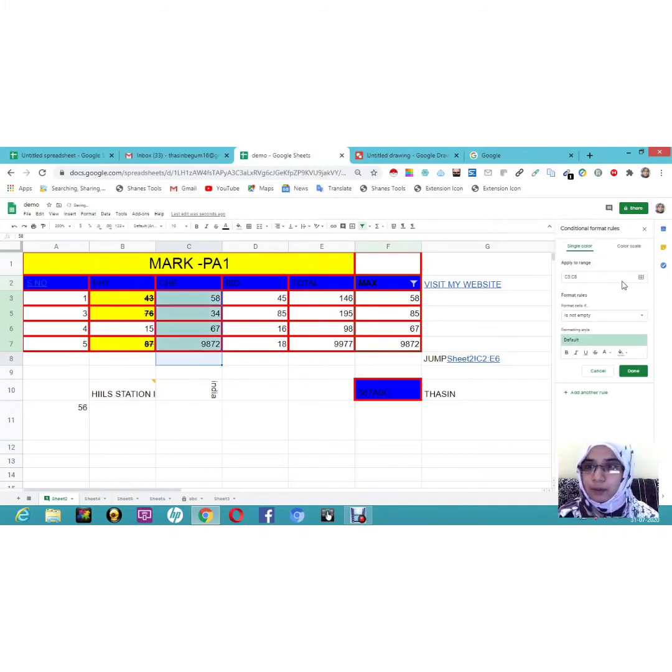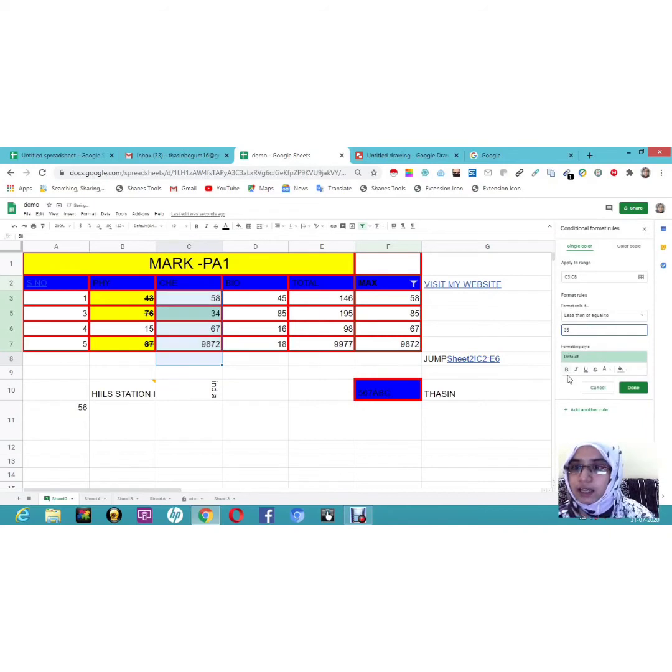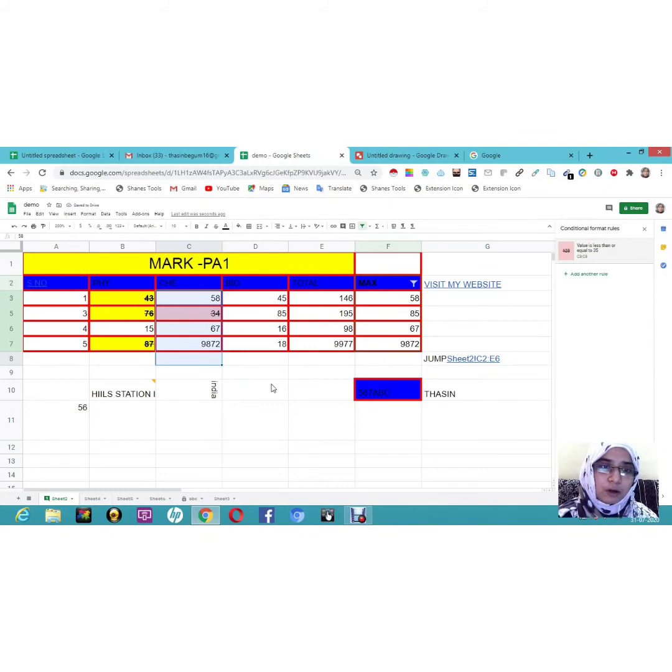I have already selected the area, and if it is lesser than 35, so the value will be 35, then kindly make a strike, and also show it in red color. So if I click this, I have selected another color, so I'm going to select done. Here you can see below 35, there is a strike in 34.